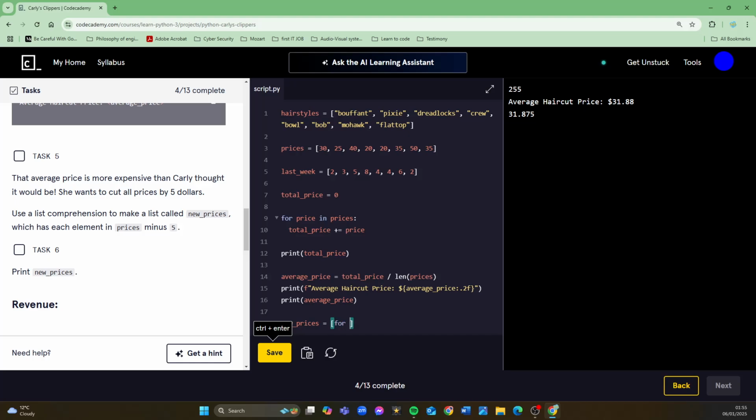So we're going to say for price in prices. Well, it's not just price, is it? It's price take away 5 for price in prices. Is that okay? That's our expression at the front, and then just a for in loop here. Will that work?